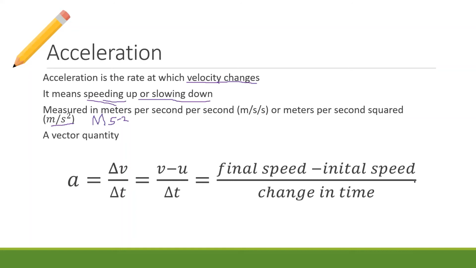How do we calculate it? Acceleration equals the change in velocity over the change in time. So that means it's the final velocity minus the initial velocity, over the change in time, which is the final time minus the initial time. This is stepped out till the end, so if you need to do calculations, you can. But we're going to talk a little bit more about what acceleration means before we start to really tackle some questions. So let's just get this copied down. I'm going to give you another minute or so to copy this down, and then we're going to jump into the next little bit.